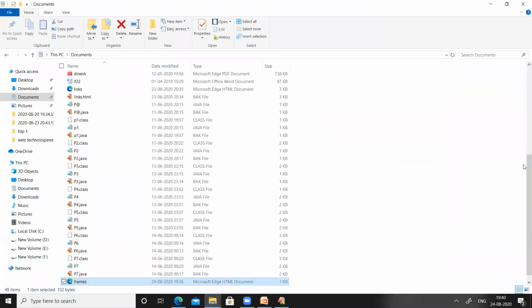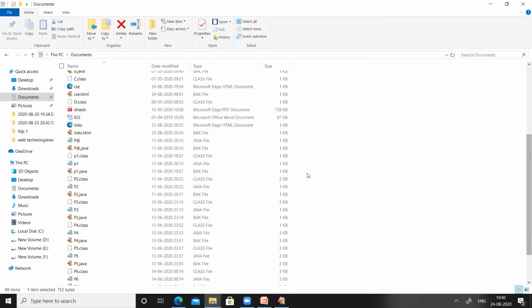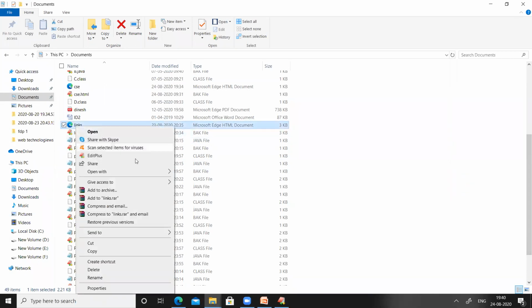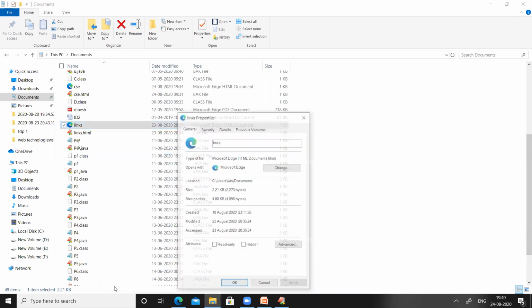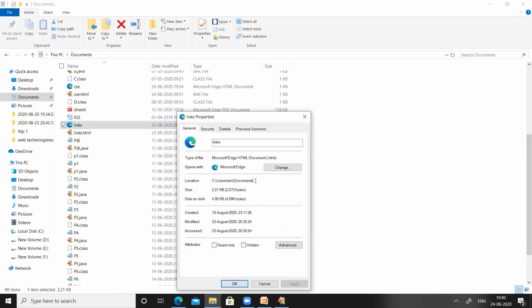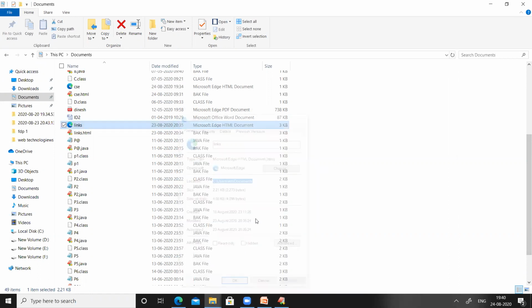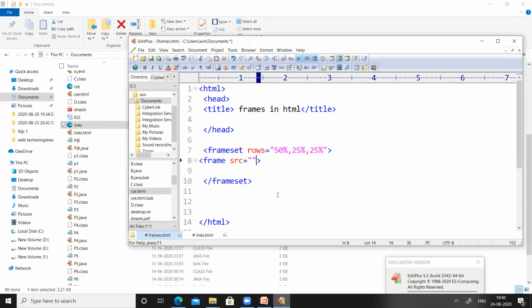Here we have a document called links. Let us see the properties of the links document. This is the path of the links document. Let us copy the path and provide it as the value, slash links dot HTML.